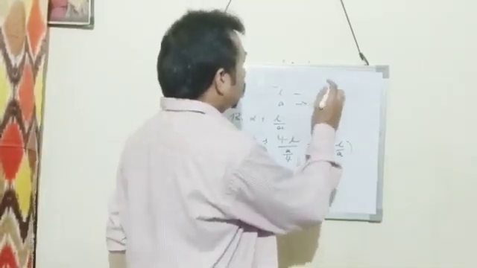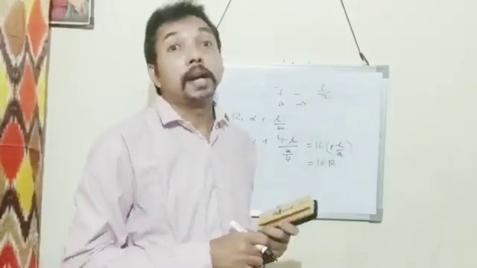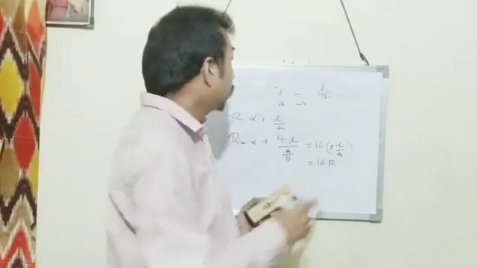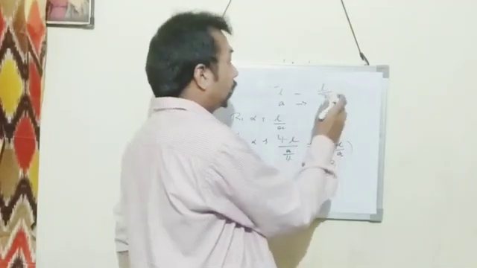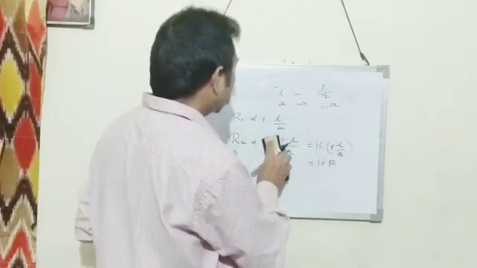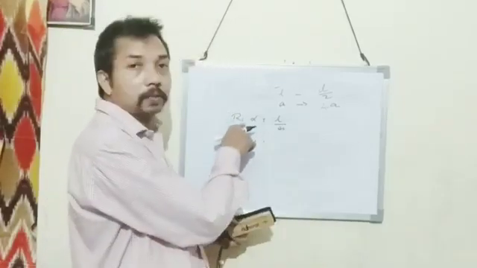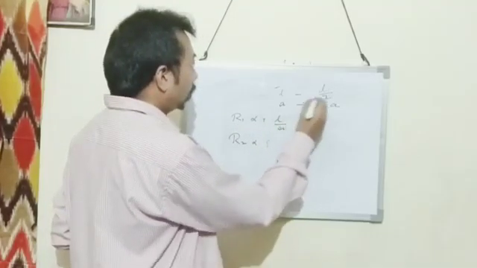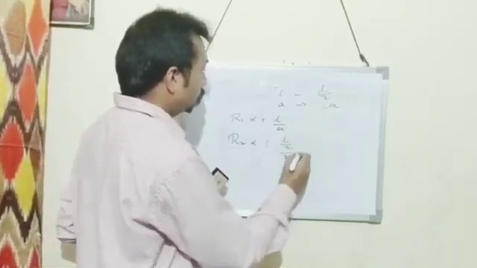Then what changes will come? So this is the formula to calculate the resistance: resistance equal to specific resistance into L by A. The new resistance will be, length becomes half, L by 2, upon A becomes 2 times.